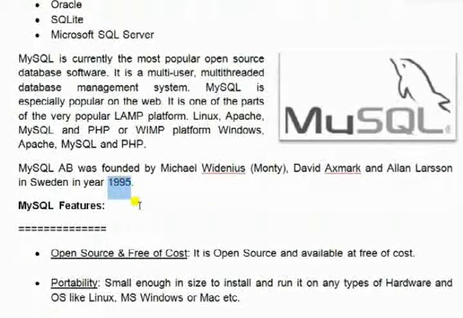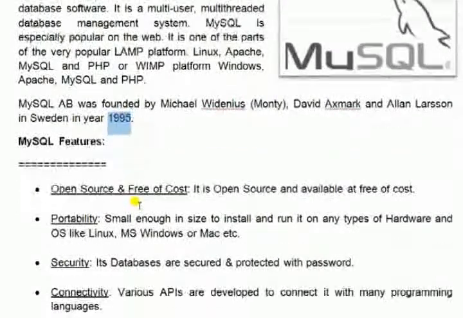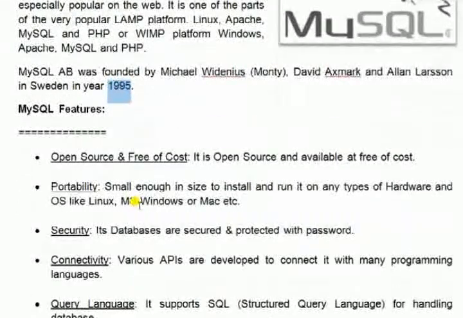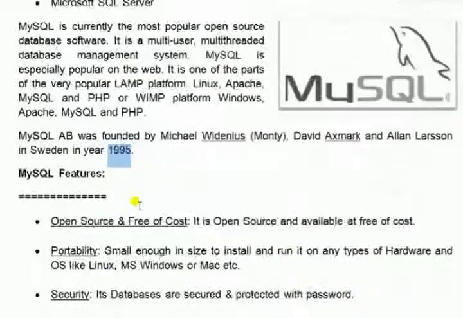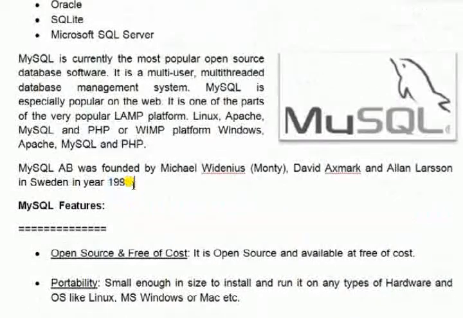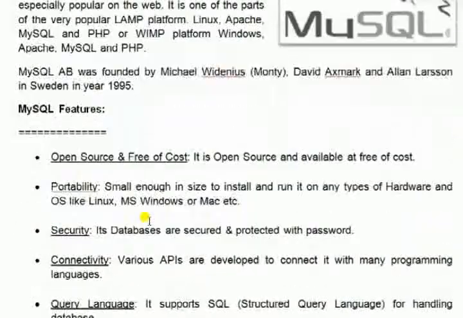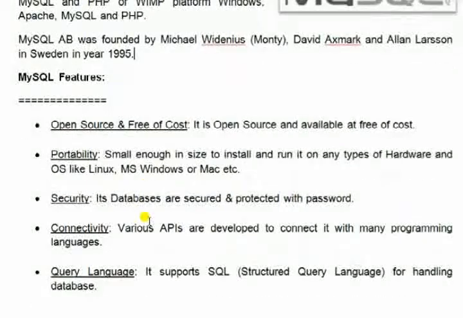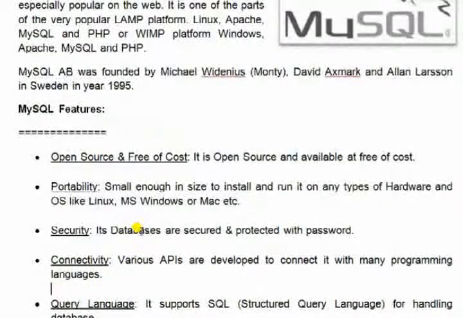It was basically developed in 1995, and after that gradual upgrades took place, and finally it has come in a very robust form and become the most popular open source database language.